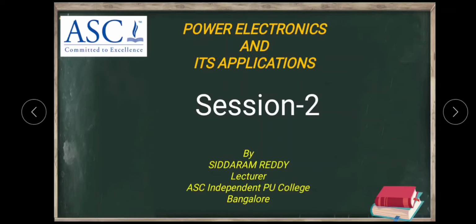Power diode is a power semiconductor device which carries several kiloamperes of current when it is forward biased, and it will withstand or block several kilovolts of voltage when it is reverse biased, that we call a power diode. About construction and working of power diode we discussed in last class. Today's class we will discuss about other power semiconductor devices.